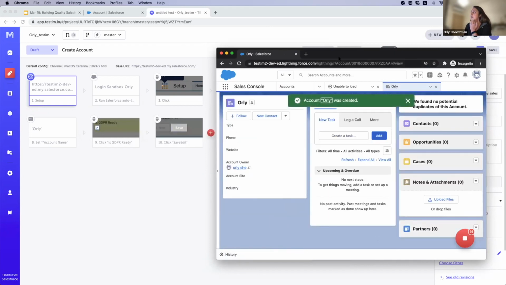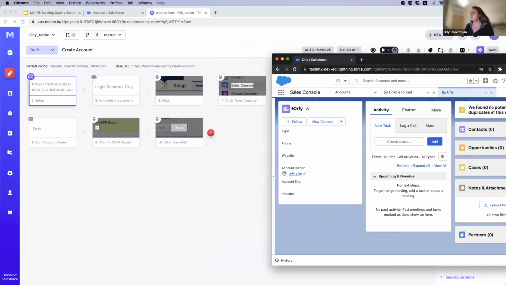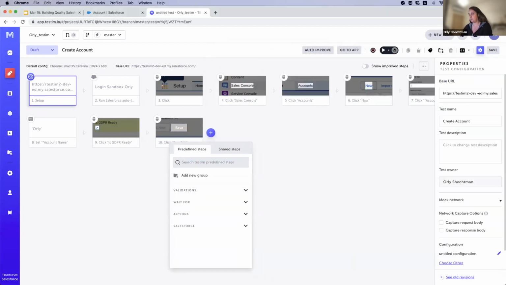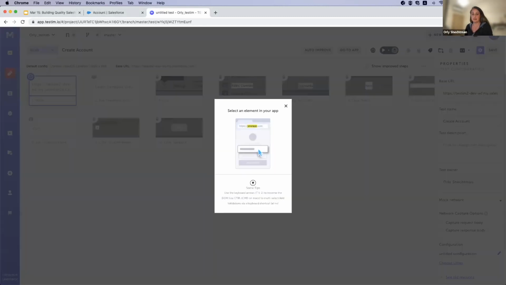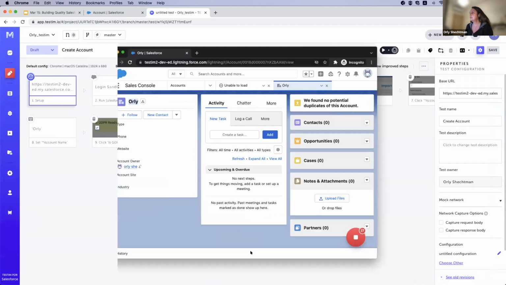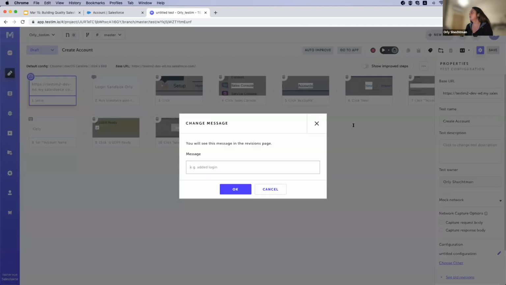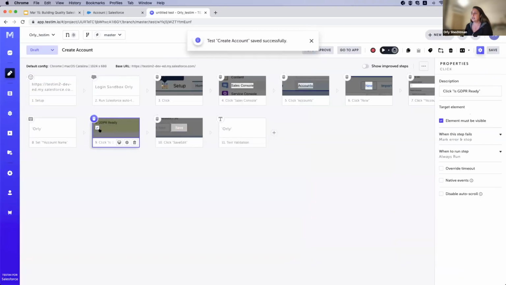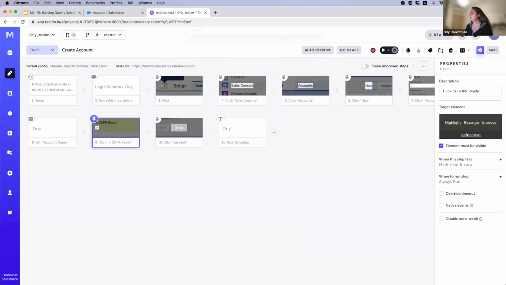At this point in the logic, I also want to validate that the account was created as I expected, and I'm going to add another out-of-the-box text validation that testing provides. I'm going to validate that the account is Orly, and that's it. This is the test, and I'm going to save it. And I want to look together at this checkbox, is GDPR ready, and look at the method that testing